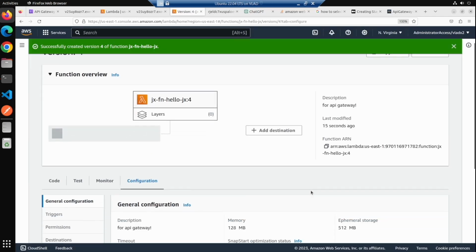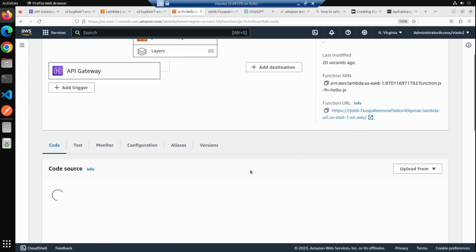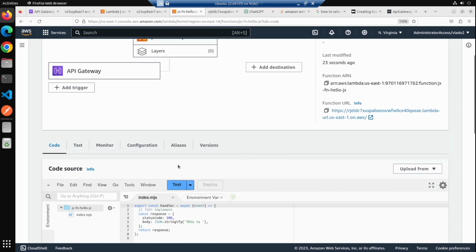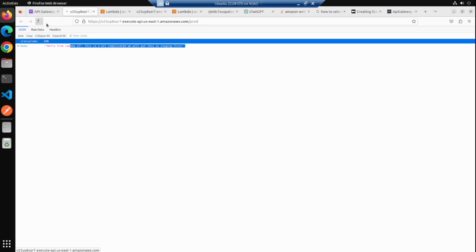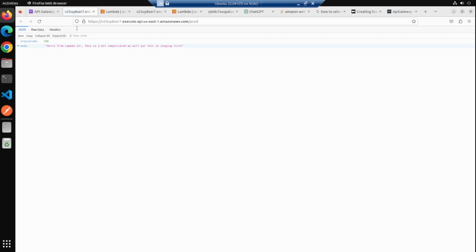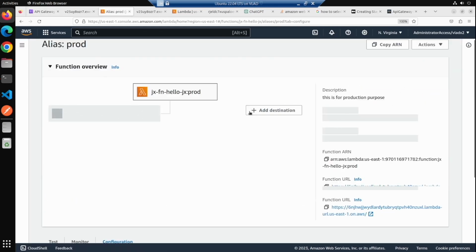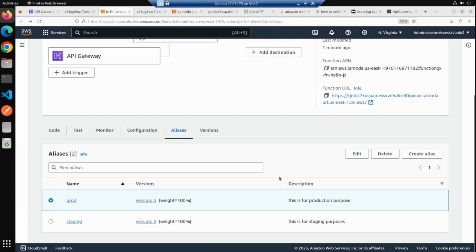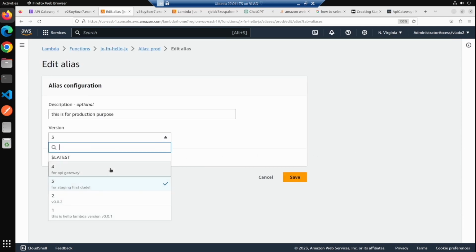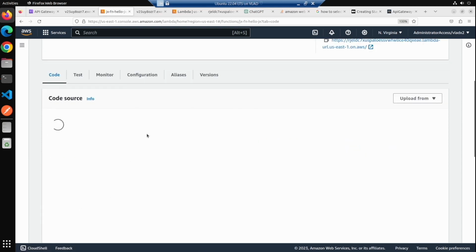And then this one here. And then go to aliases in our prod. So in our prod, if we click this, it still has this one here. This is in our API gateway. But now if we change this to version 4, hold on, where is it? So our alias is here, edit, use version 4 here, and that one will now have the response from our